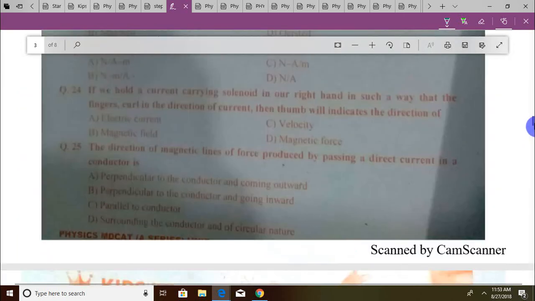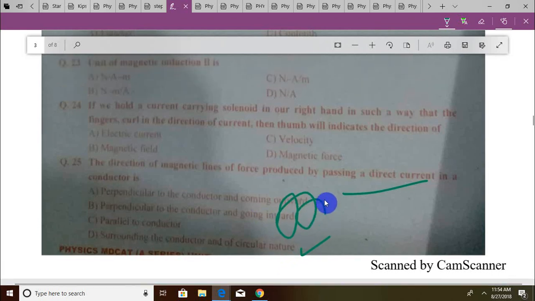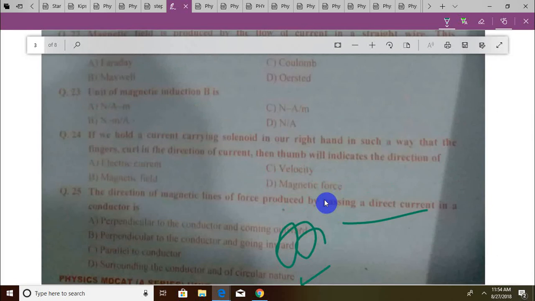The direction of magnetic lines of force produced by passing a direct current in the circuit is: perpendicular to the conductor and coming outwards, perpendicular and going inwards, parallel to the conductor. आपको AC और DC में भी ख्याल रखना चाहिए, उनकी प्रॉपर्टीज़ में फ़र्क है। सोलोनॉइड की भी बात थोड़ी फ़र्क होती है।